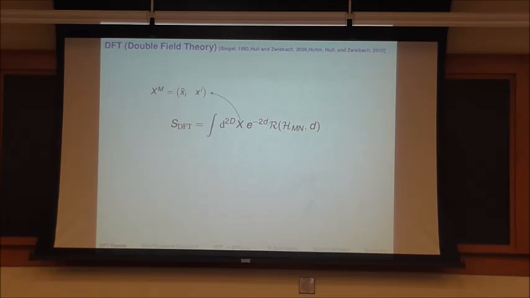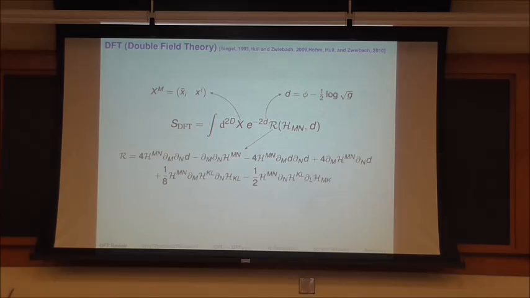Okay, let me come back to the action. I've already told you about this doubled space here, over which we are integrating. Then we have also a generalized dilaton, which combines the normal dilaton with the square root of the metric determinant. And we have this generalized curvature scalar. We can write it down, as I already mentioned, in terms of the generalized matrix, this H here. And in this equation, we also have a double partial derivative, which acts on the momentum and on the winding coordinates